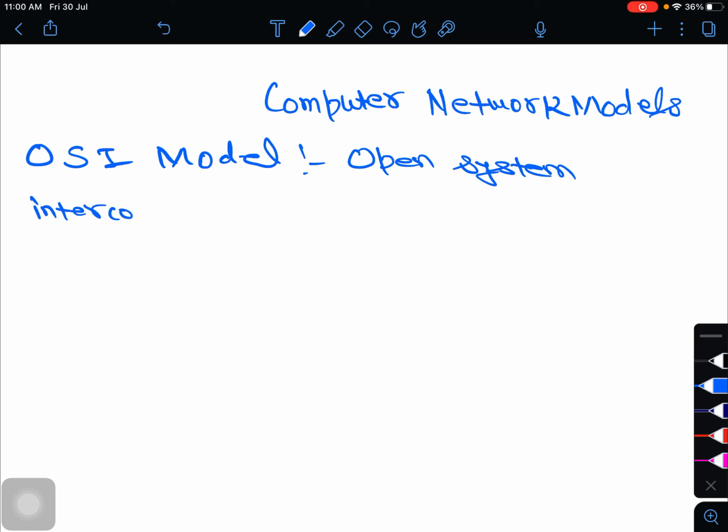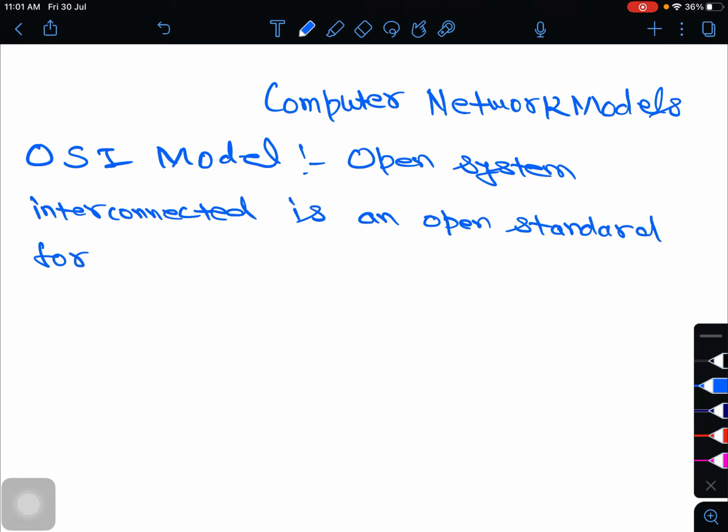OSI, Open Systems Interconnection, is an open standard for all communication.